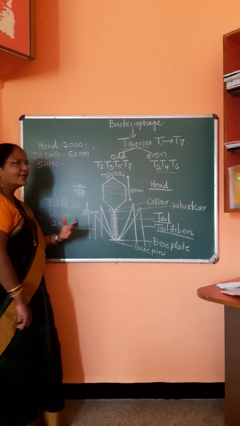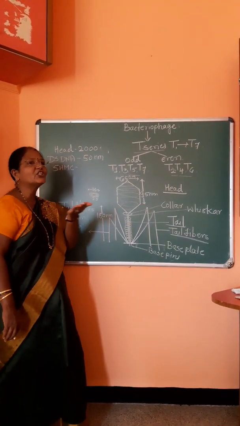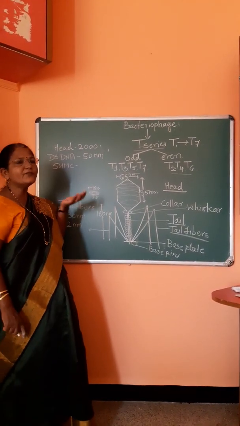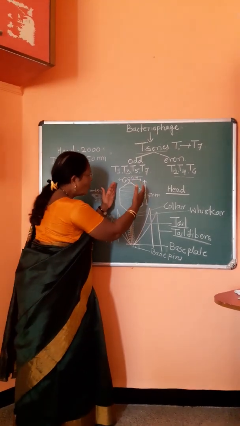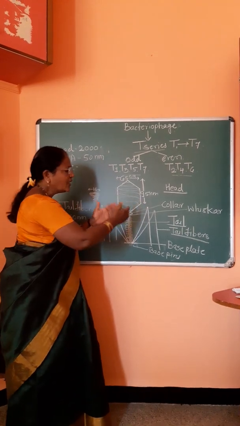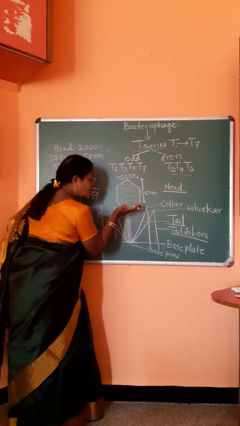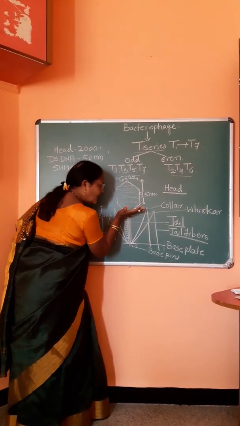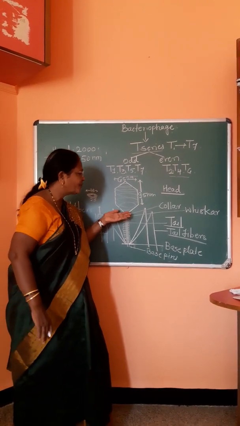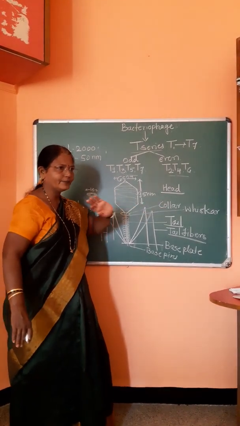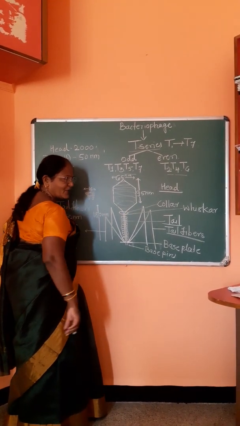Okay, so just like a neck region, it is present, so it is called a collar. It is a proteinaceous plate. Now, what is the significance of this proteinaceous plate? Because the whole structure of the head is raised on the tail fiber. So to give strength and stability to that hexagonal head, the proteinaceous plate is present, which is called a collar. Okay, so just below the head, the collar is present.